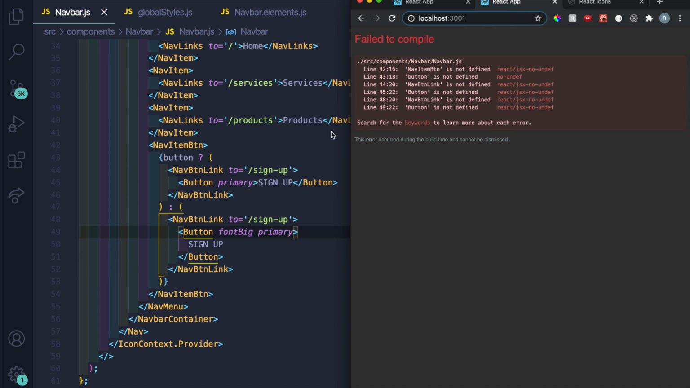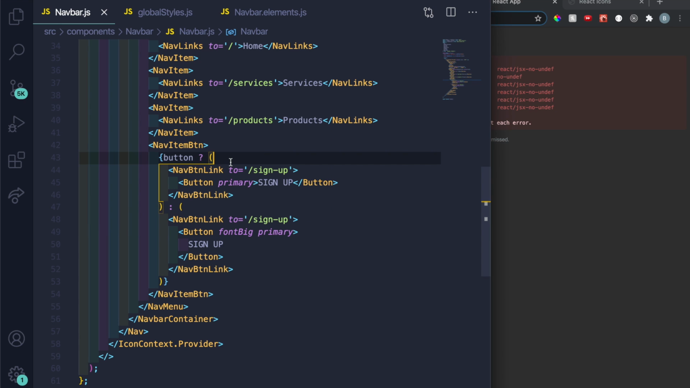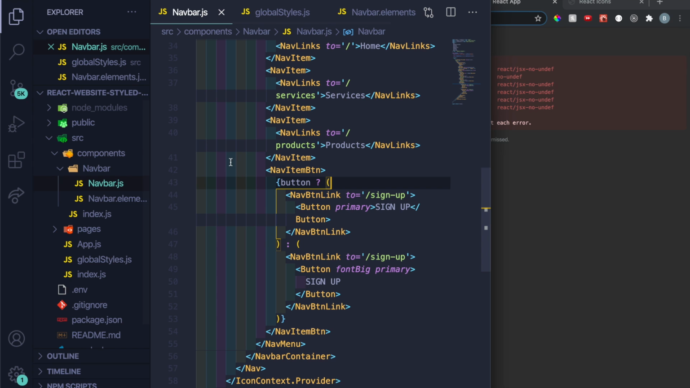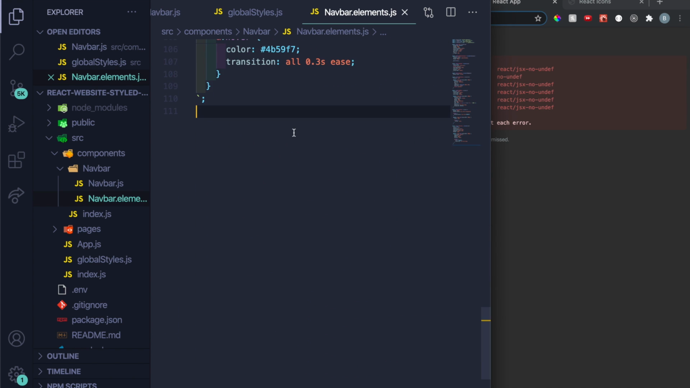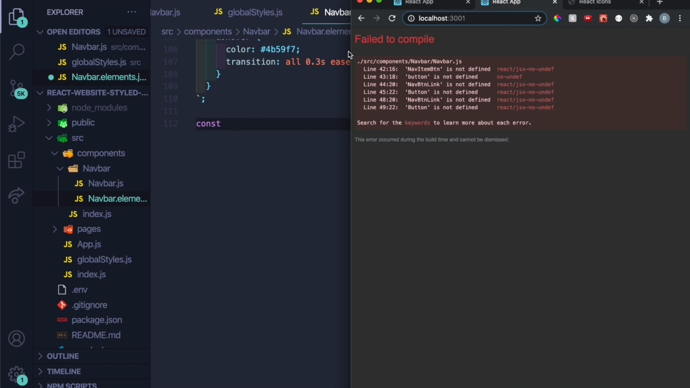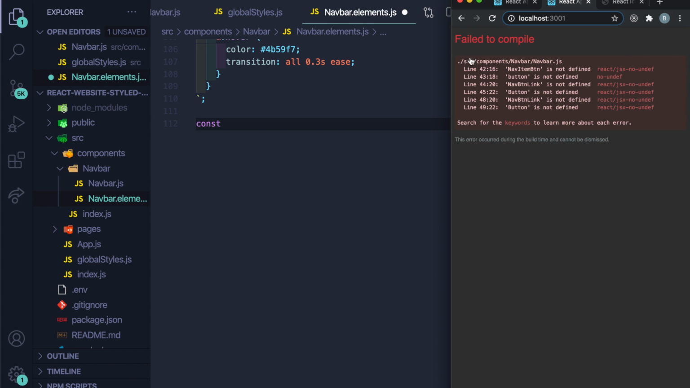And now we have nav btn item btn, we have to add to styled components. Button not confined either. And then also, yeah, btn link. So now command B, let's go to navbar elements. And let's add that to our styled components. So let's go and scroll down and let's do here, say const, and let's shrink it so we can see what we got missing. So actually this should be export